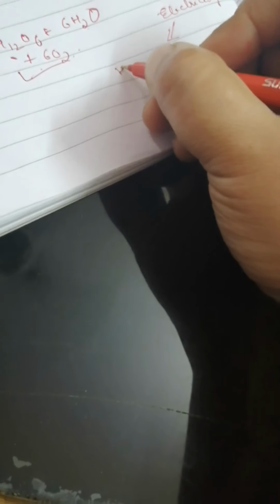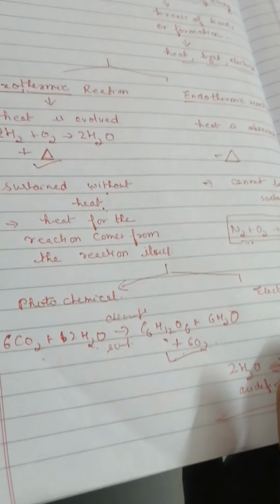Then we have the electrochemical reactions, which happen in the presence of electricity. So electricity is required. A very common example is electrolysis, like the electrolysis of acidified water. We always use the words acidified water. Why? Because water itself is a non-conductor, and when you add acid to it, it becomes a conductor. So today we talked about these two kinds of reaction, and then I am going to give you an assignment based upon this.